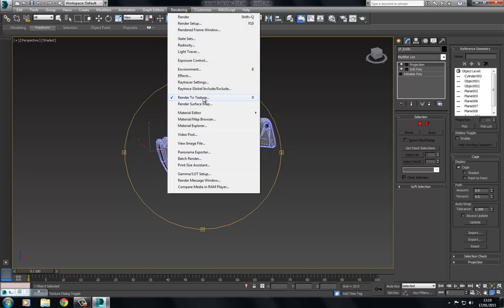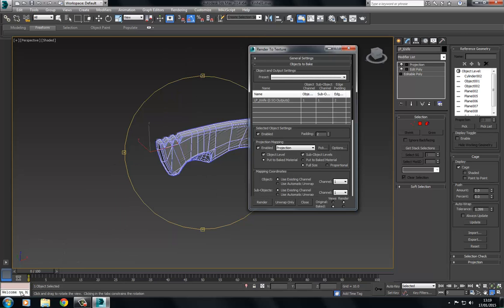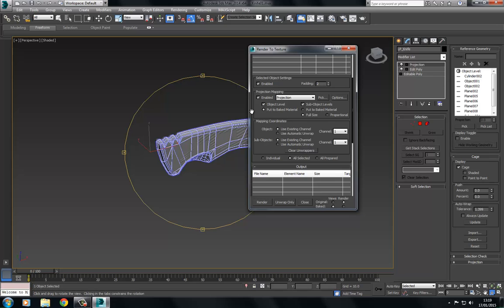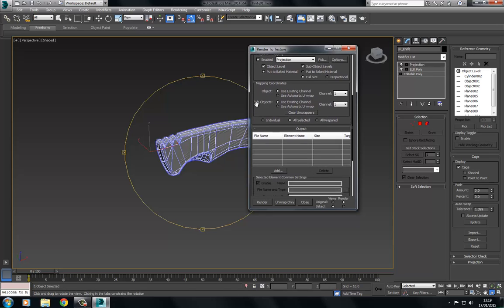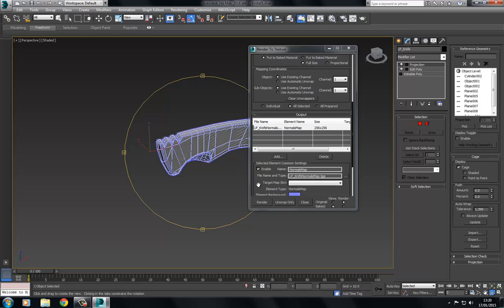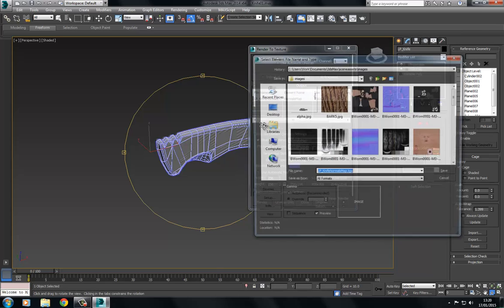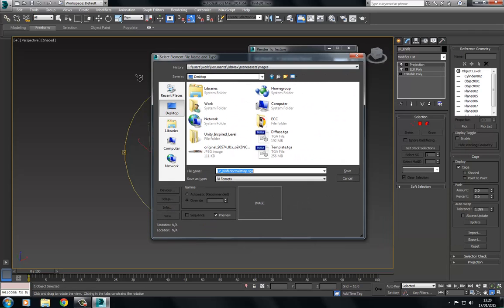rendering, render texture, which I already have open, so let's pull this back up. I'm going to use existing channels. I'm going to choose add, and this is where I'm going to actually add the normal map. I'm going to choose add element. I'm going to give this a name, so I'm going to save this on my desktop, and I'm just going to call this